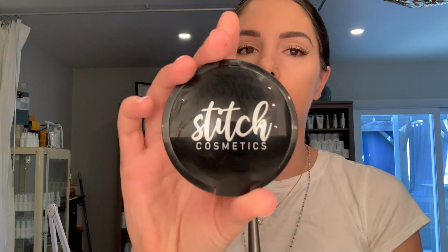So they're kind of a smaller line, so unfortunately I didn't find a bronzer by them, so I'm just going to use our Stitch Cosmetics in the shade N5 Cool. It's kind of a darker tinted powder we have here, and I really like to do it with contour because it gives me a very natural contour, nothing too crazy. Oops, that's a little crazy. But nothing too